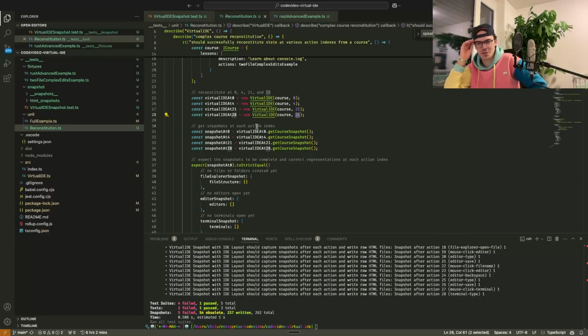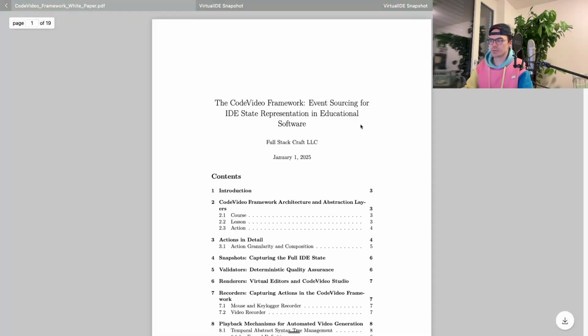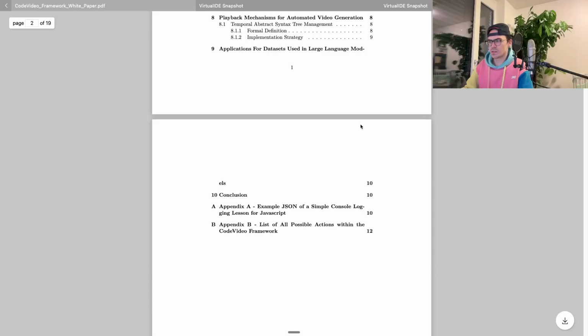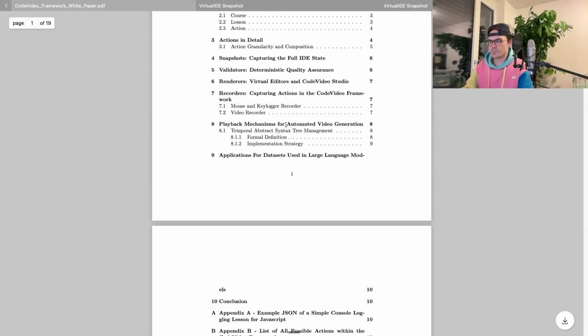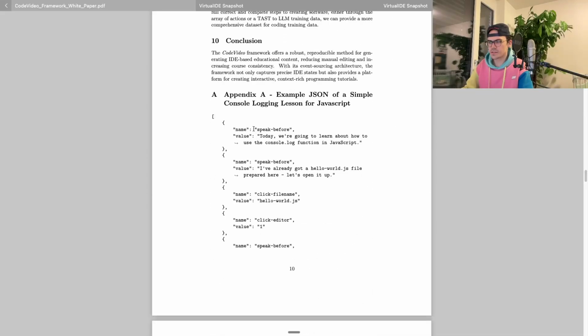What's missing, of course, is the whole animation. But this is typing. I mean, I have beta alphas of all that stuff. But that's the goal, and it's in the white paper. I don't know if the newest white paper is up yet. Automated video generation, it might be in here. I'm not sure. No,